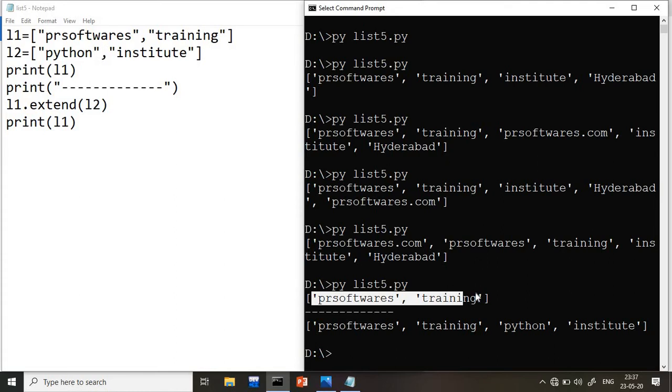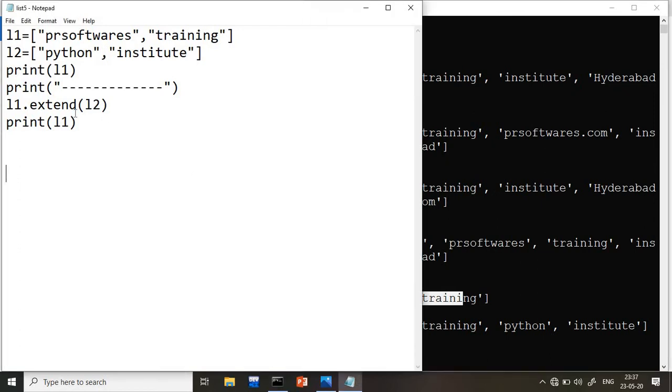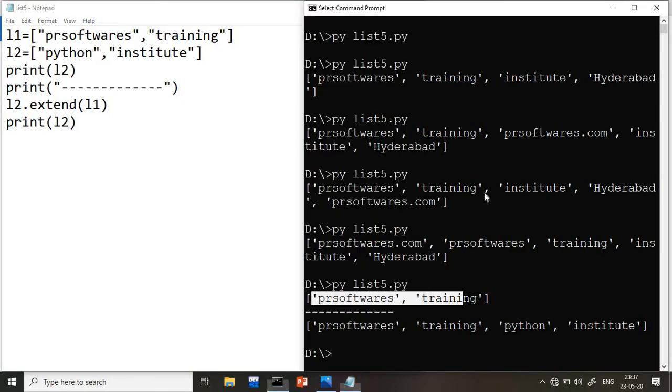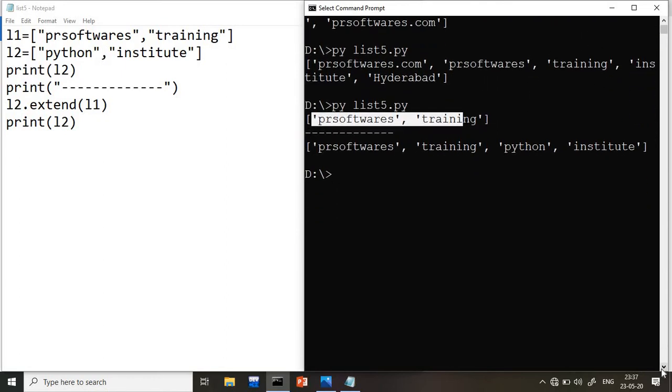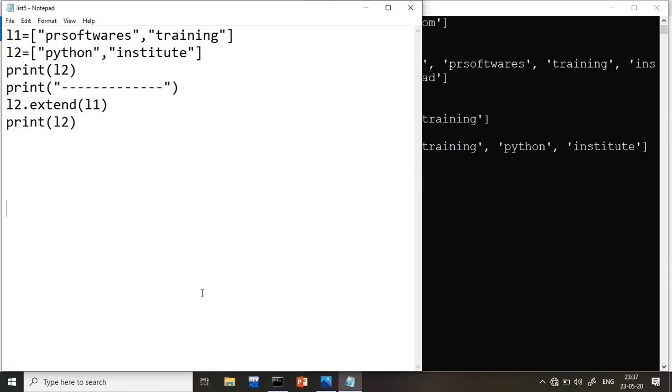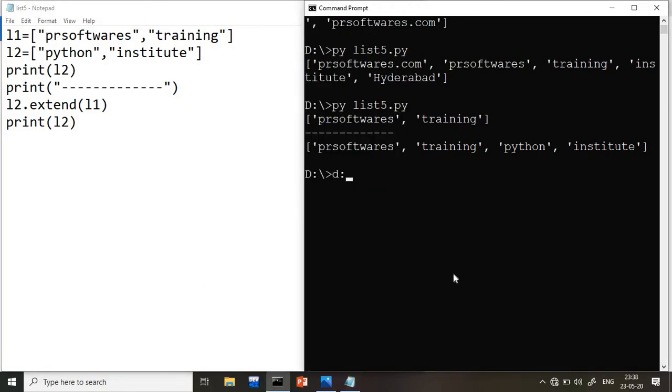So just simply you have to remember, whenever you want to extend the other list into the first one, you can use extend. It is not that, sir, only L1 dot extend. Even if you want, you can write L2 dot extend of L1, and now you print L2. Okay, both are possible. Don't think that only one thing is possible, because many students get this doubt: sir, only I can extend the first, not the second. It is not like that. First let me save this, okay, now you run it.